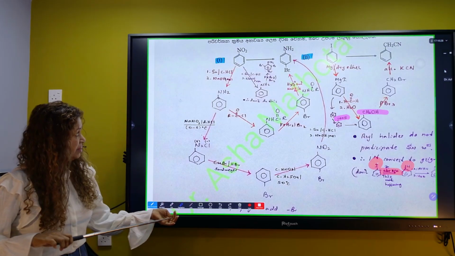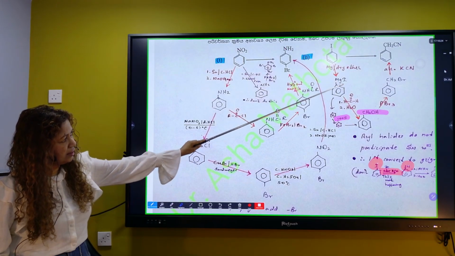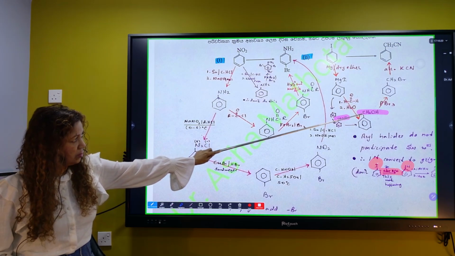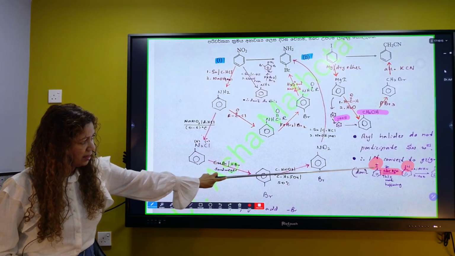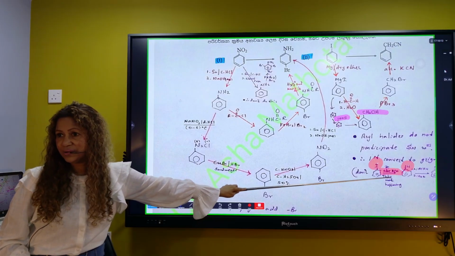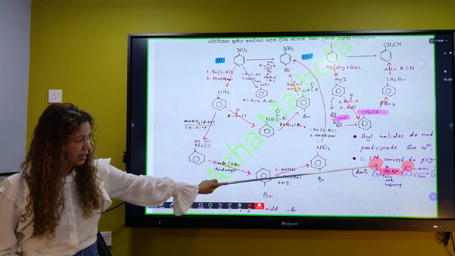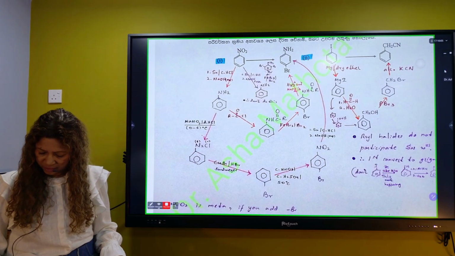Okay, so here the method is: iron converts to Grignard reagent, then add one carbonyl, and then OH to Br to CN. But if you go like this directly, can you do this? No, because there are no Grignard reactions on haloarenes. Remember that. You can't do that. Okay.